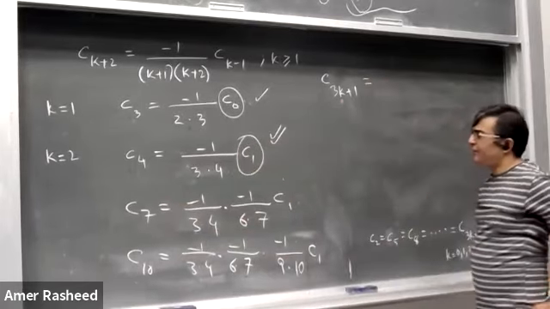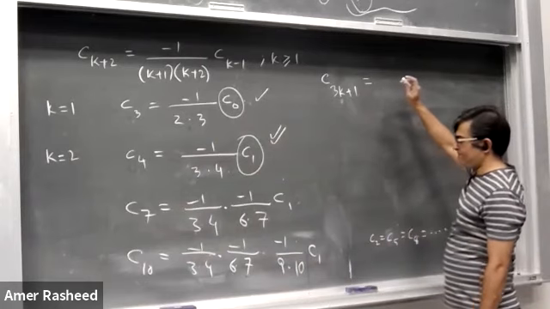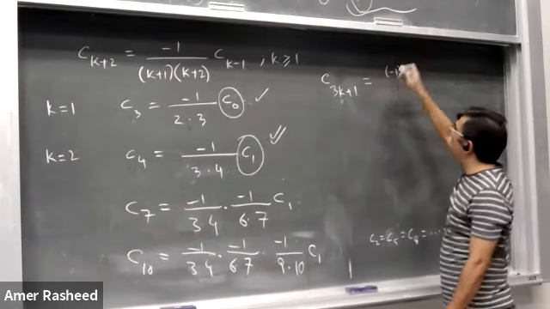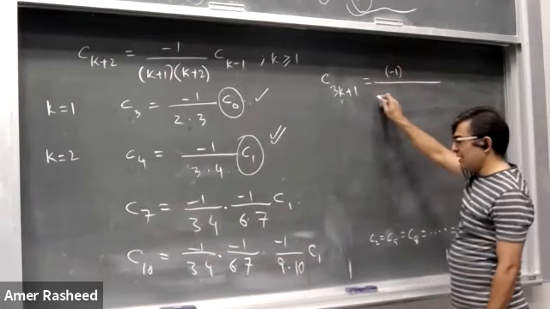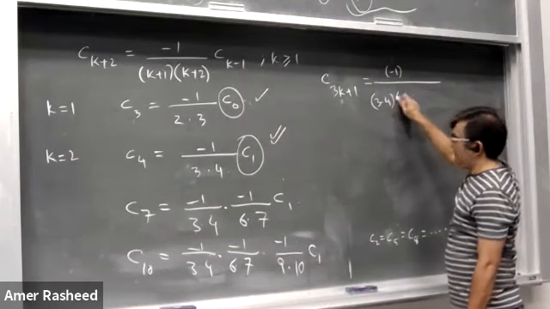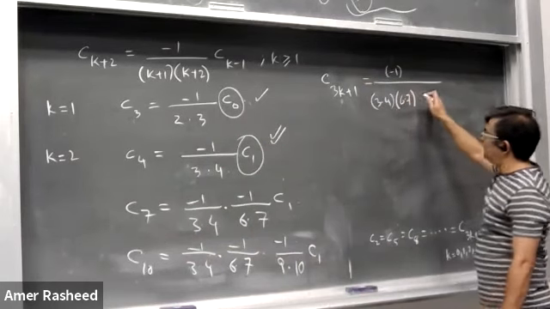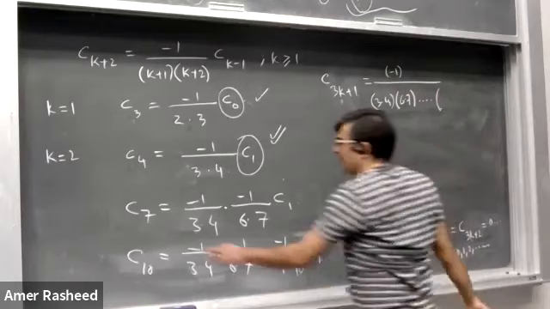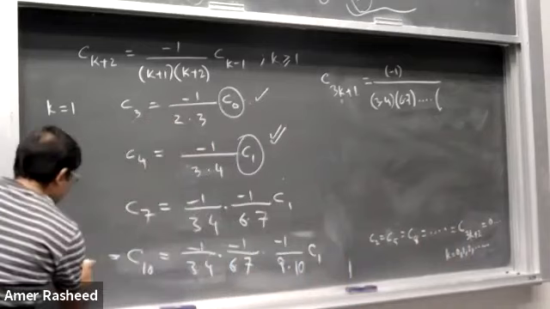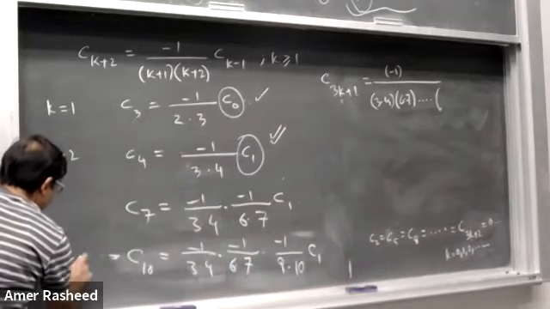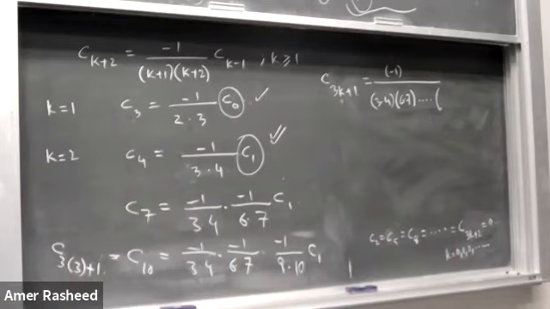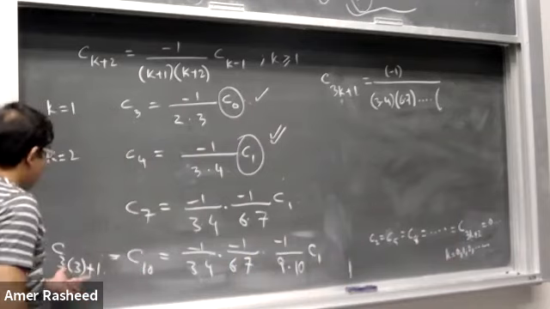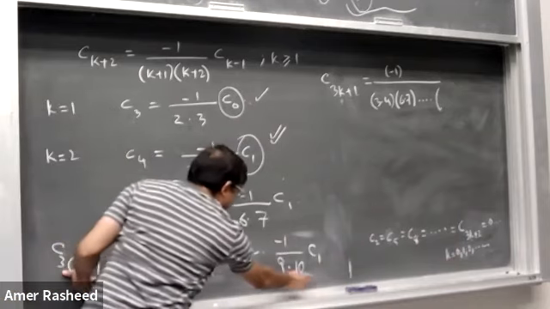Now this can be written as वही -1 की पावर होगी कुछ, प्लस माइनस को हम बाद में देखेंगे कि क्या है, और नीचे आपके पास क्या होगा? 3 times 4 into 6 times 7 into so on. आखिरी टर्म क्या होगी? यहां पे आपके पास इसको हम क्या लिख सकते हैं? C3 times 3 plus 1. ठीक है. तो अगर आप इसको सॉल्व करें तो ये आखिरी 10 आता है।